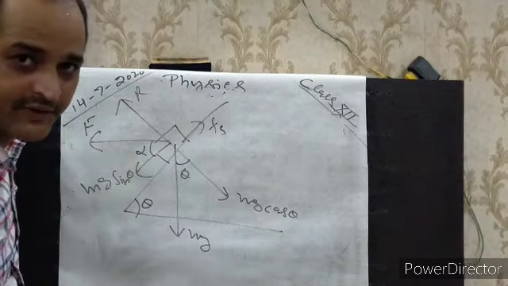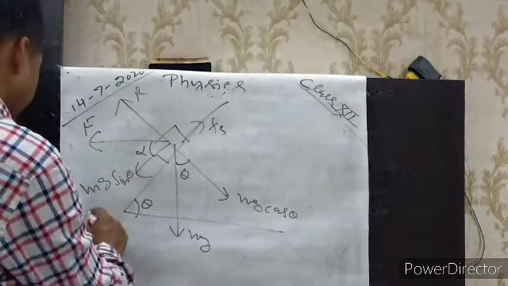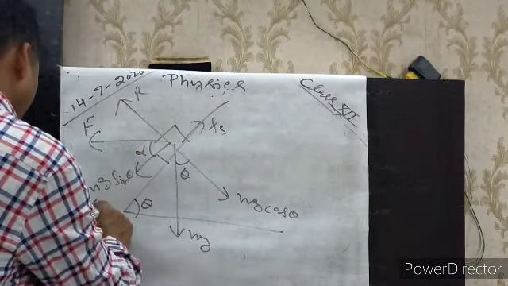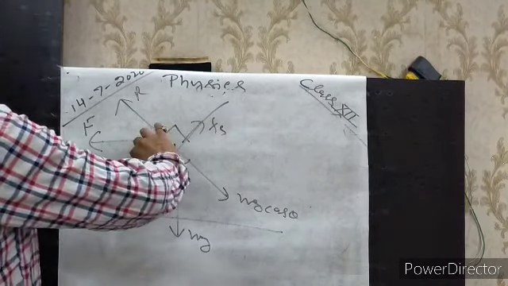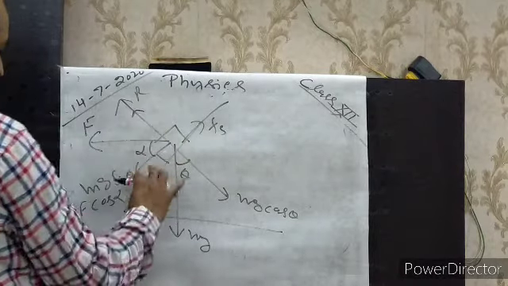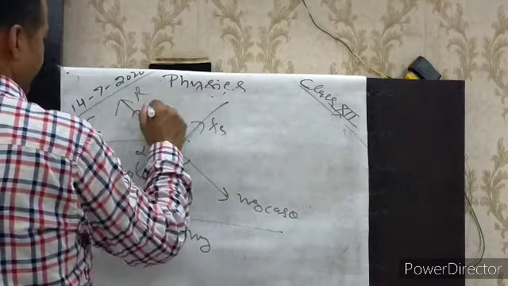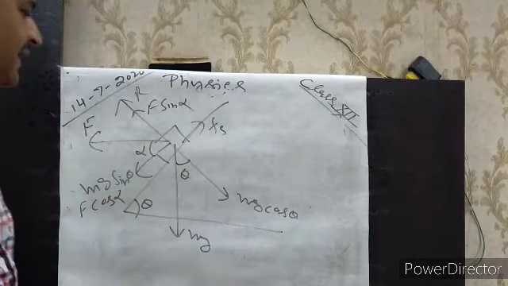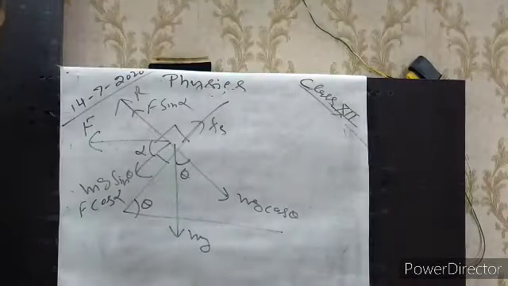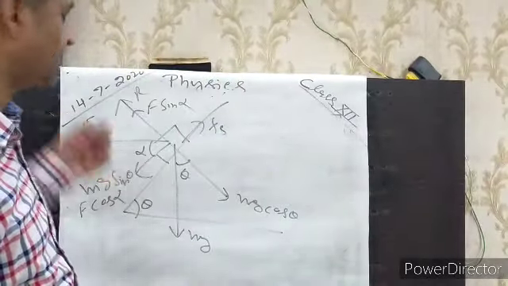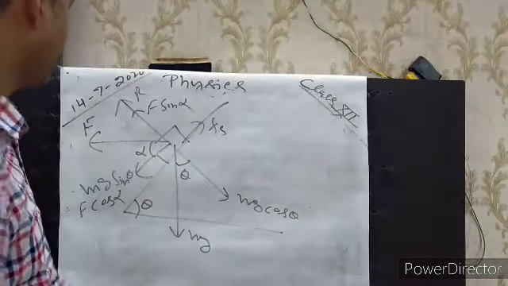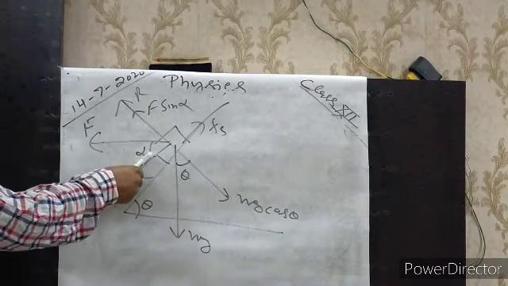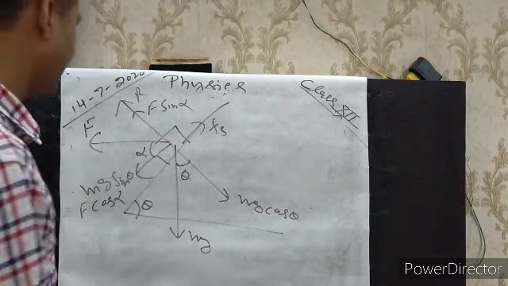Now capital F can be resolved into two components. Towards the side of angle, F cos alpha, this side, and perpendicular to F cos alpha, this direction, F sin alpha. Is it clear to you? Okay. Now the body is not moving. The minimum force required to initiate the motion, but the force we have applied on the block is capital F at an angle alpha. Then F can be resolved into two components, F cos alpha, F sin alpha. Clear? This diagram you have clear.